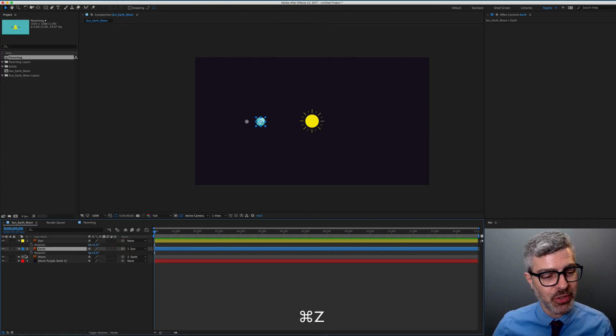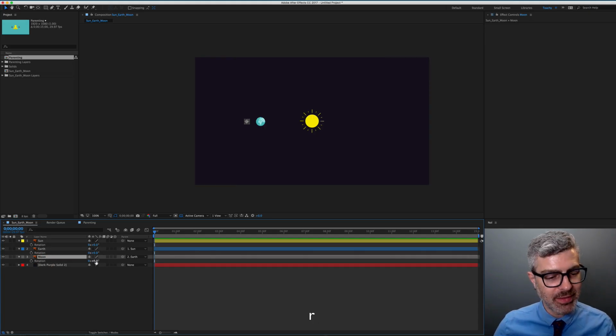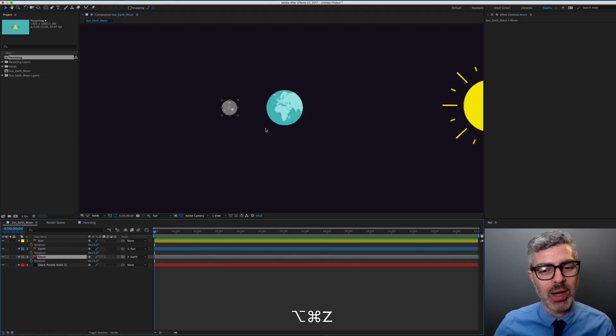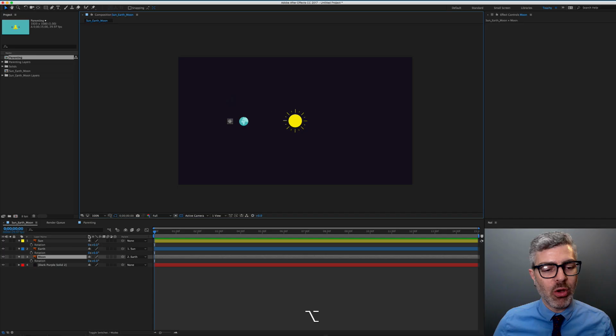Okay, so far so good. And then when the moon rotates, it just rotates around its own center, which is probably hard to see here, but it looks like this, right? It's a little bit wobbly. Okay, so we've got the parenting chain established, which is the moon to the earth and the earth to the sun. Right? So all we need to do now, actually, is to make a rotation keyframe for all of these